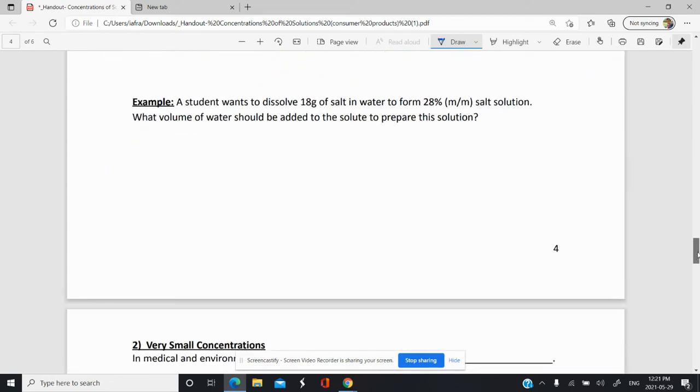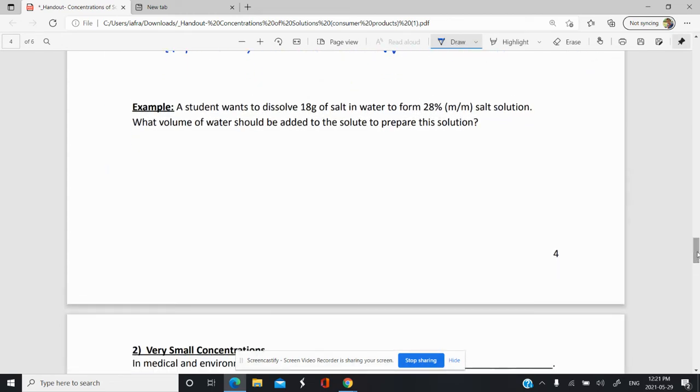So let's go take a look at our final example here for mass problems. A student wants to dissolve 18 grams of salt in water to form 28% mass salt solution. What volume of water should be added to the solute to prepare this solution? Okay, so